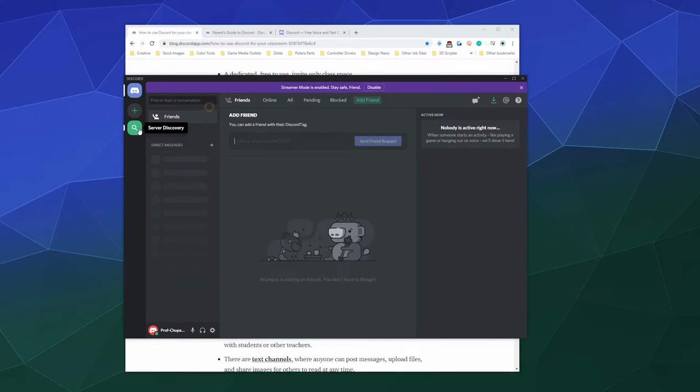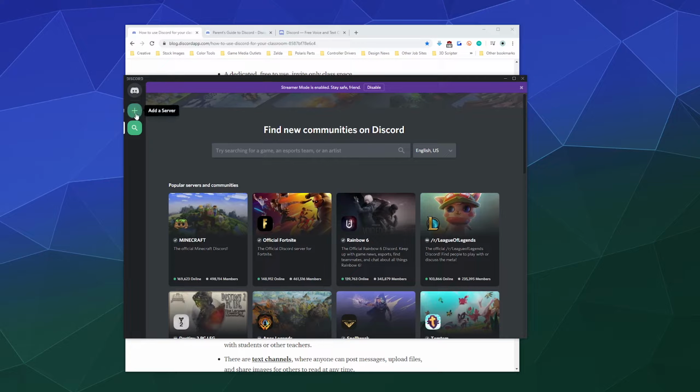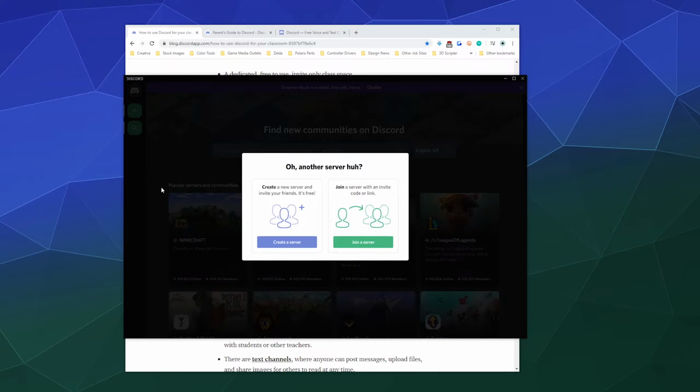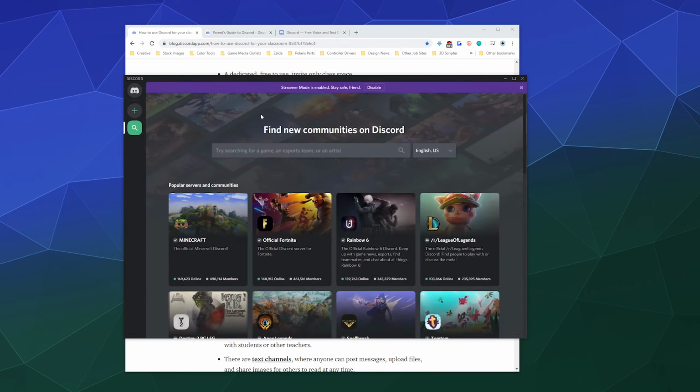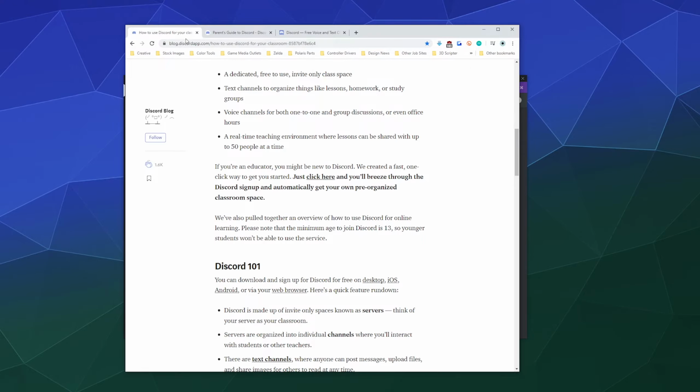So by default, you can look for a server to join through the server directory if you had a favorite game or something, because this is originally for gaming. But you can also create a server from scratch if you're more familiar with this. If you're one of those cool teachers that already knows how to game, this might be something you want to do. Otherwise, what we're going to do is go over to the Discord guide here,